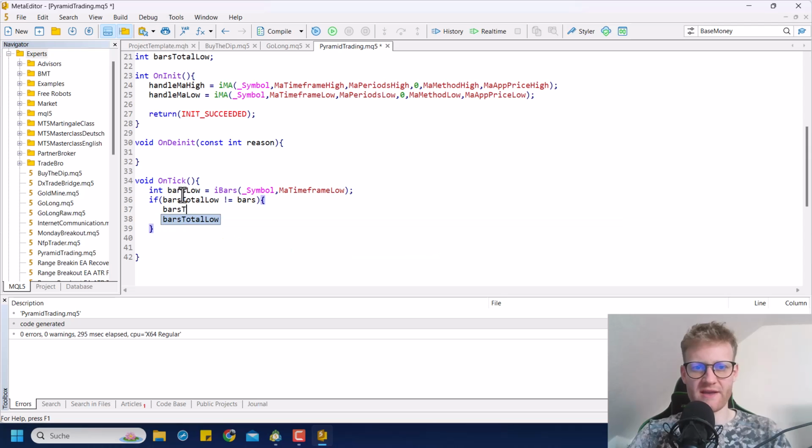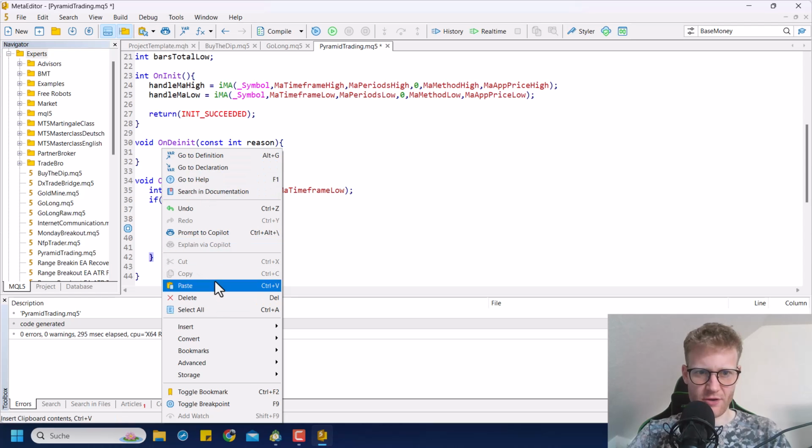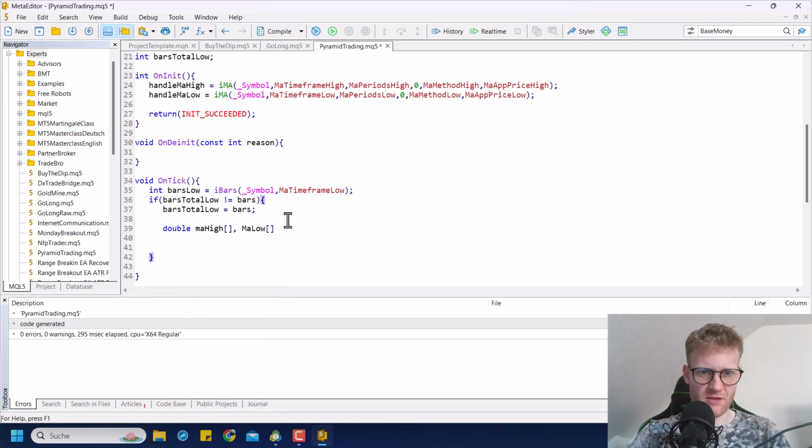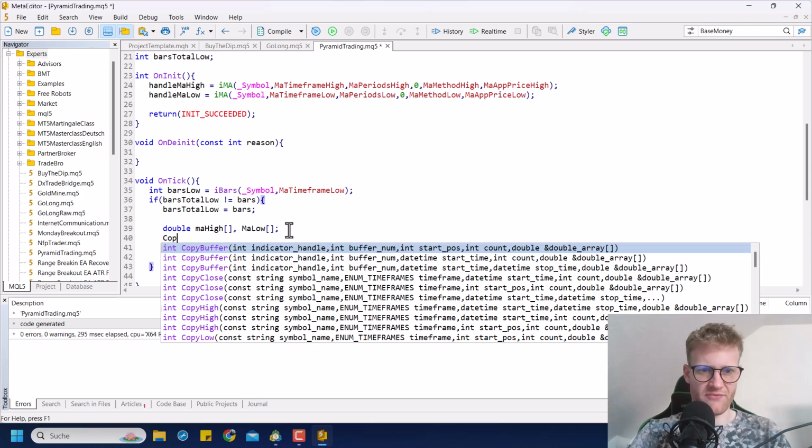So here we check if we have a new bar in the lower time frame. And if we do have a new bar, then let's calculate the moving average values for the higher time frame and lower time frame. And we will just use the copy buffer function, of course. So copy buffer,